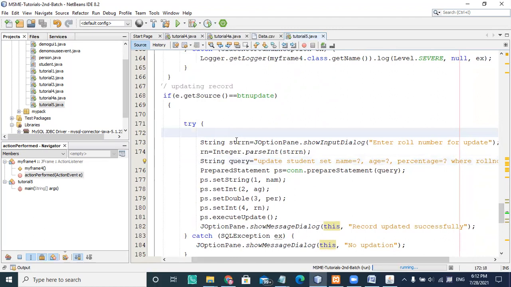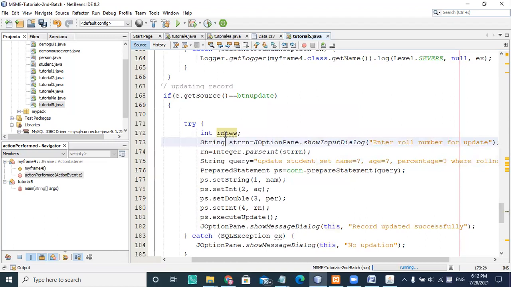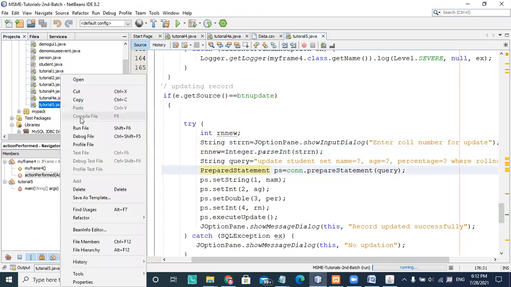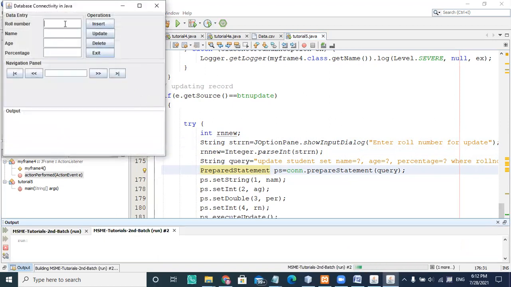Okay, so let me do this and declare rn here, instead of so rn. Maybe those two things are different here. Let me check. Maybe initializations are not taking place because of a wrong number.